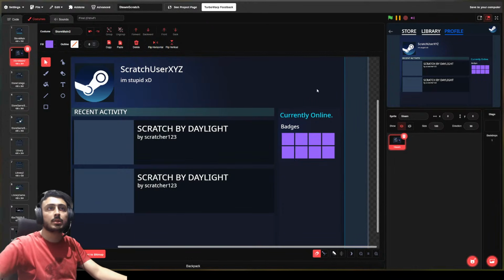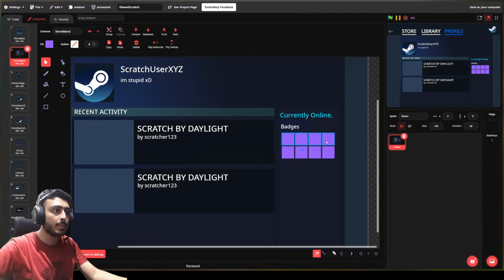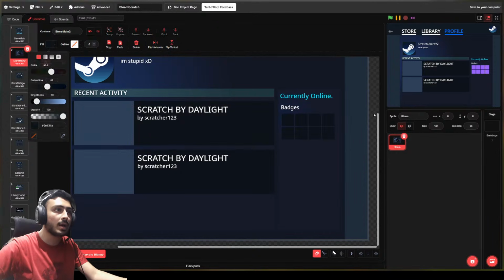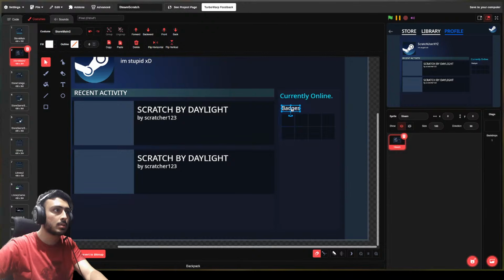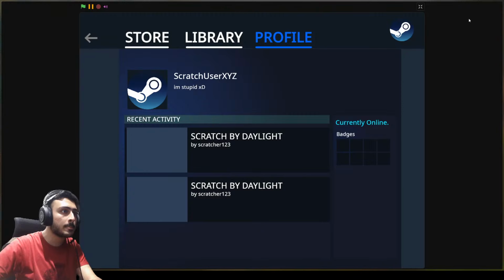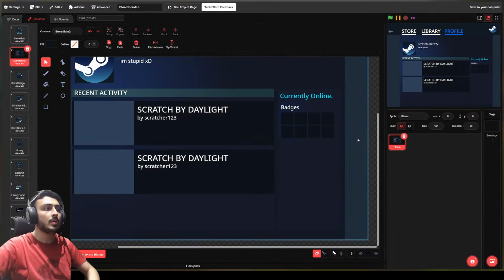Yeah, perfect. So we have 8 places for badges and we can go more. Like, we have all this space here. Let me make them black for now. Yeah, here we go. This looks good. Oh, sorry. We have to make them a bit left aligned. Yeah, like this. Yeah, this is good. What do you guys think?